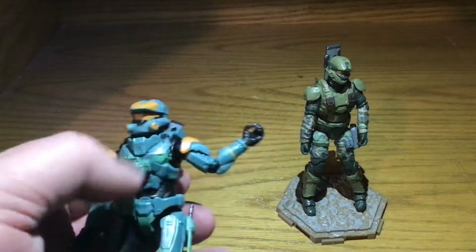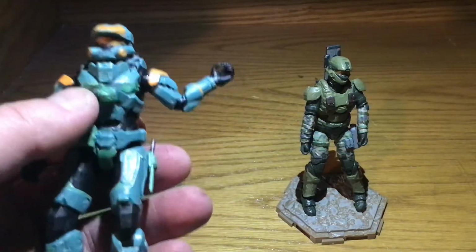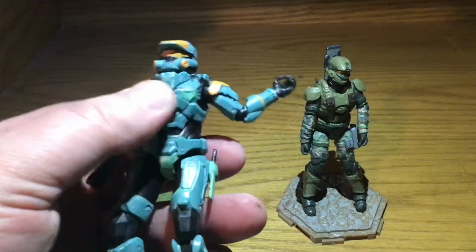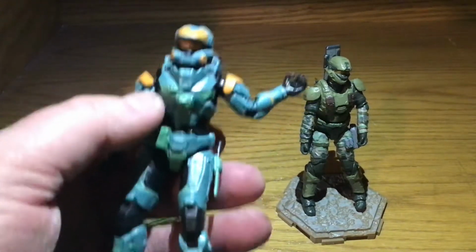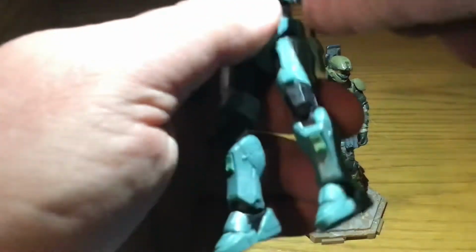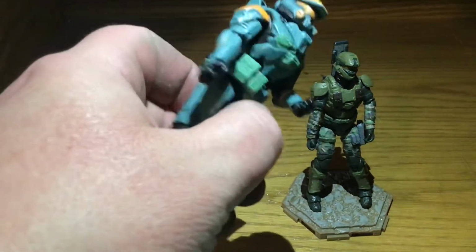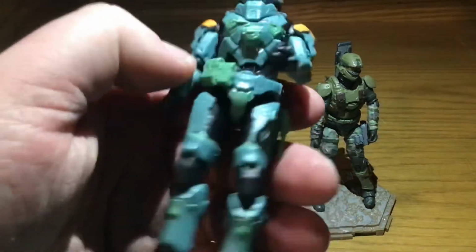He's got a really nice helmet. I'm pretty sure that this body and these legs are reused. So that's good. It's kind of how you got to make your money, and the more you can make the same, the cheaper it's going to be. And the cheaper they can make them, the better the price is going to be for the consumer. So you guys shouldn't be complaining at all if all the bodies kind of seem to be repaints and redos. I know that that's kind of annoying, but if you want to keep them in the $10 price range and keep getting quality figures with different types of